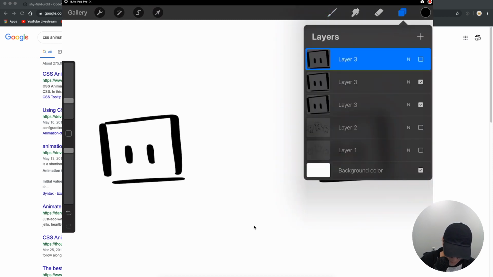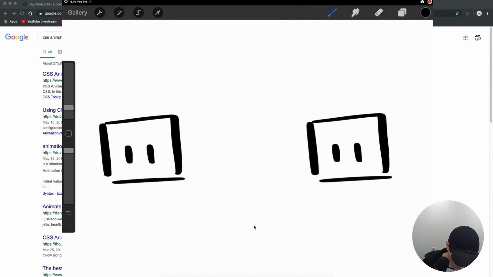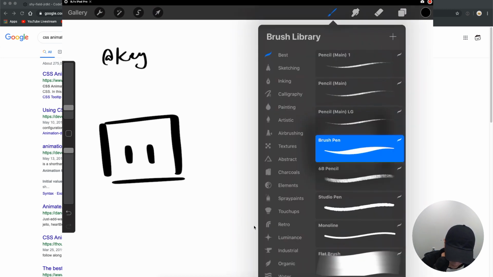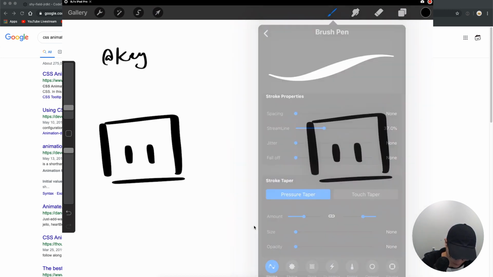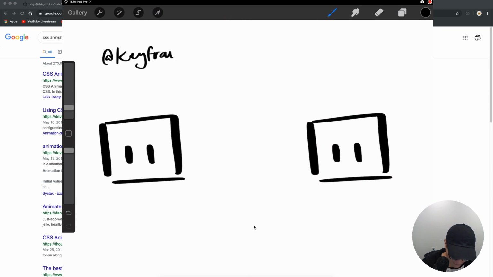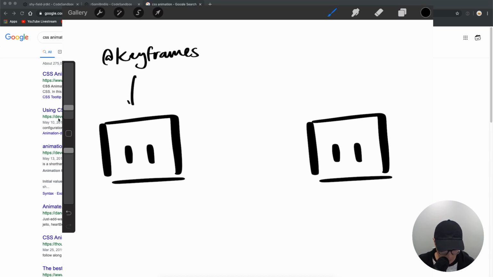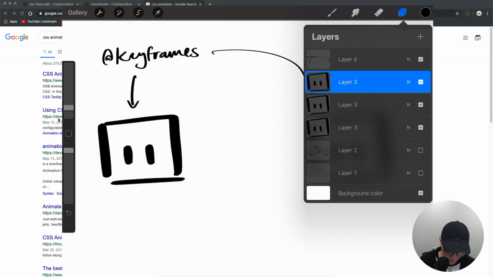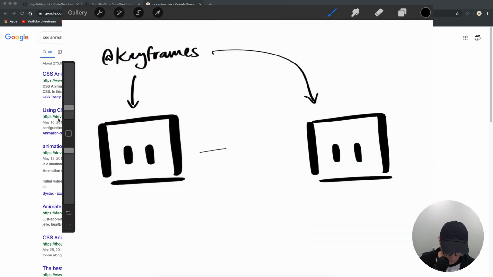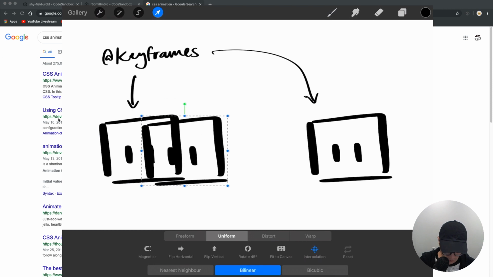I'm going to write this down. Keyframes. And a keyframe is basically the start and stop points of your animation. So a keyframe would be this, and another keyframe would be that. These are my keyframes. And the things in between,